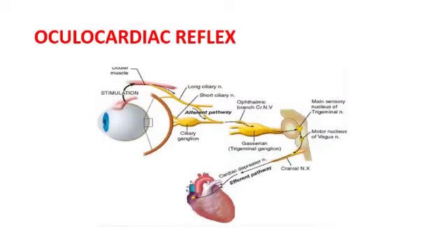So you can see the pathway here. It starts due to stretch in the extraocular muscles. From the muscles, the impulses travel along the long and short ciliary nerves, the afferent pathway, and through the ciliary ganglion, they go through the ophthalmic branch of the fifth nerve, and then they travel to the Gasserian ganglion, the trigeminal ganglion in the CNS, and from there the efferent pathway starts through the vagus nerve, the 10th nerve, and then goes and supplies the heart, causing the reflex.